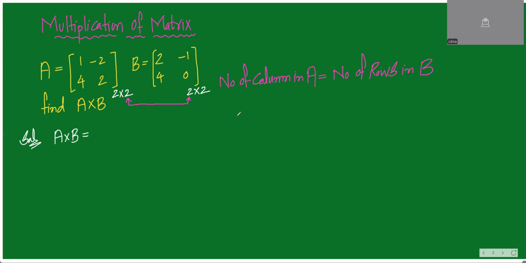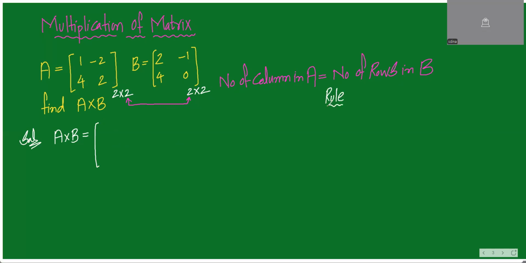We can say that matrix multiplication is not possible. उसकी example भी मैं देता हूँ later on. You have to check this condition. Is this satisfying the condition? Number of columns in A is equal to number of rows in B. A में जितने column हैं B में उतने row हैं. Yes, 2 by 2, 2 by 2, so we can multiply. So the rule is,